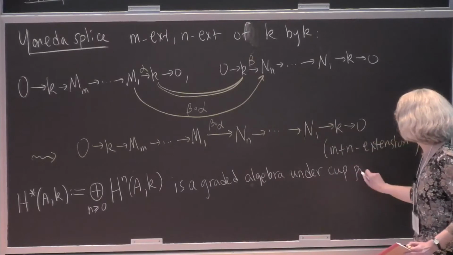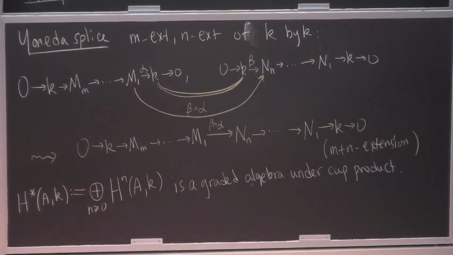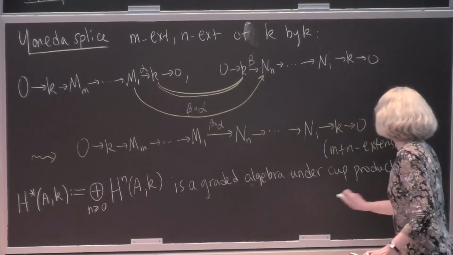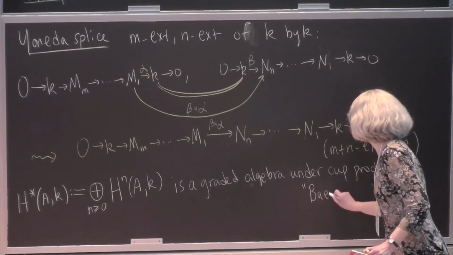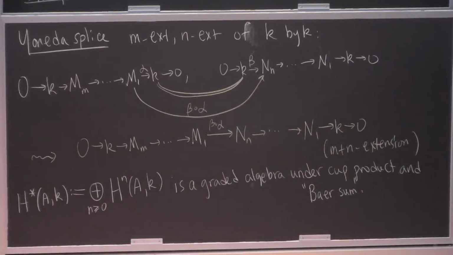I realize I forgot to explain what the additive structure is. Okay. So that's the multiplication. The addition is called Baer sum, and that's less photogenic, so I'd rather not describe it. But there is a sum. Take two extensions of the same length, and you can add them together. There's a way to put the diagrams together. Okay, so this is a graded algebra. We still don't have a Hopf algebra. We still don't need a Hopf algebra. You can do this for any algebra.